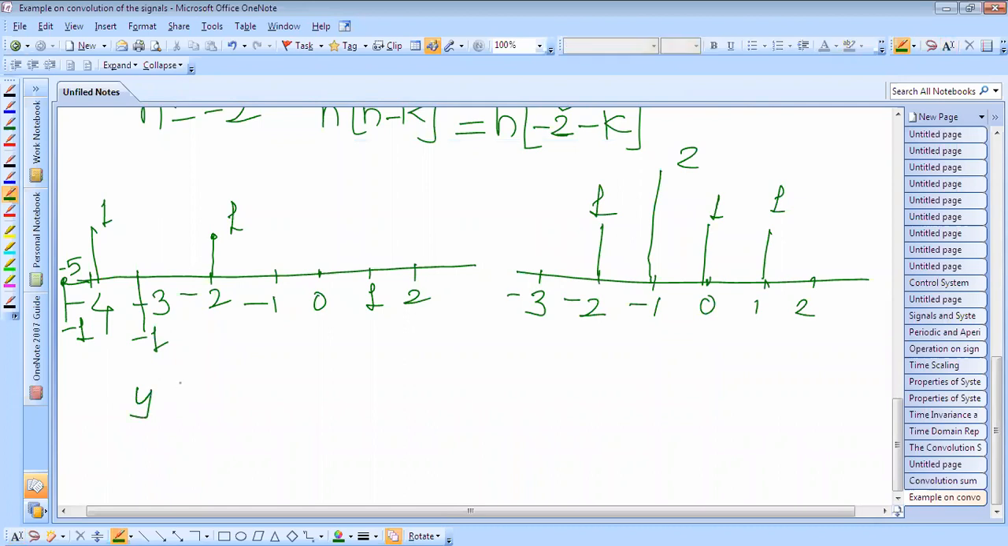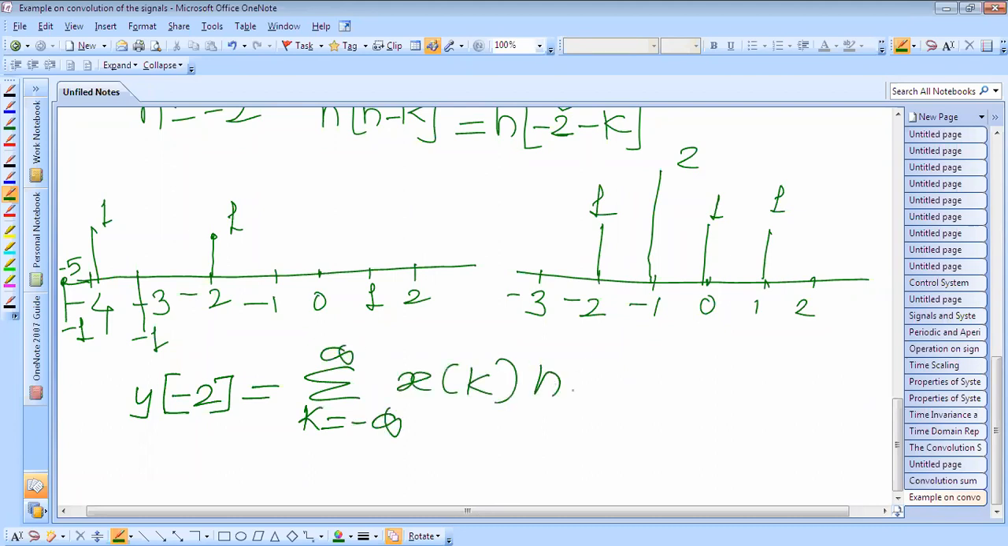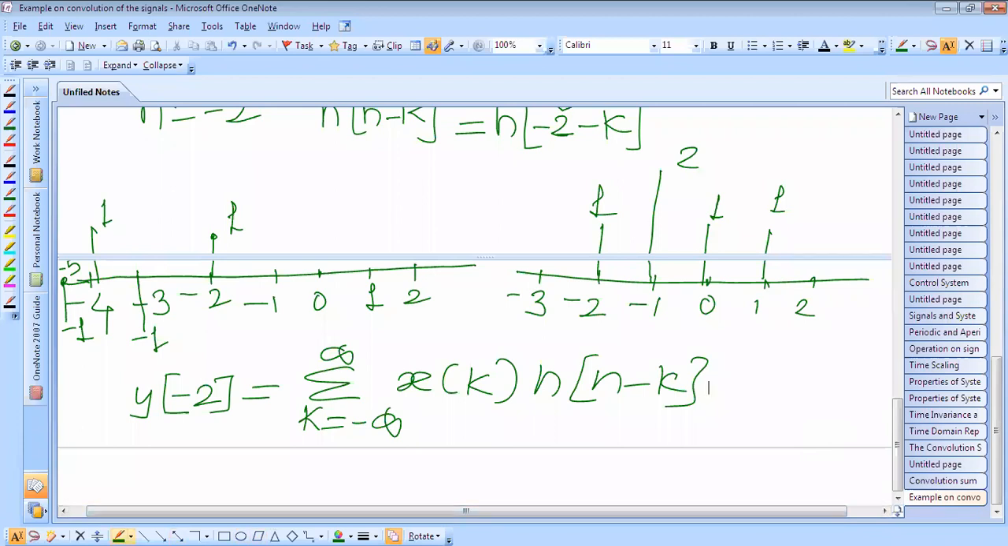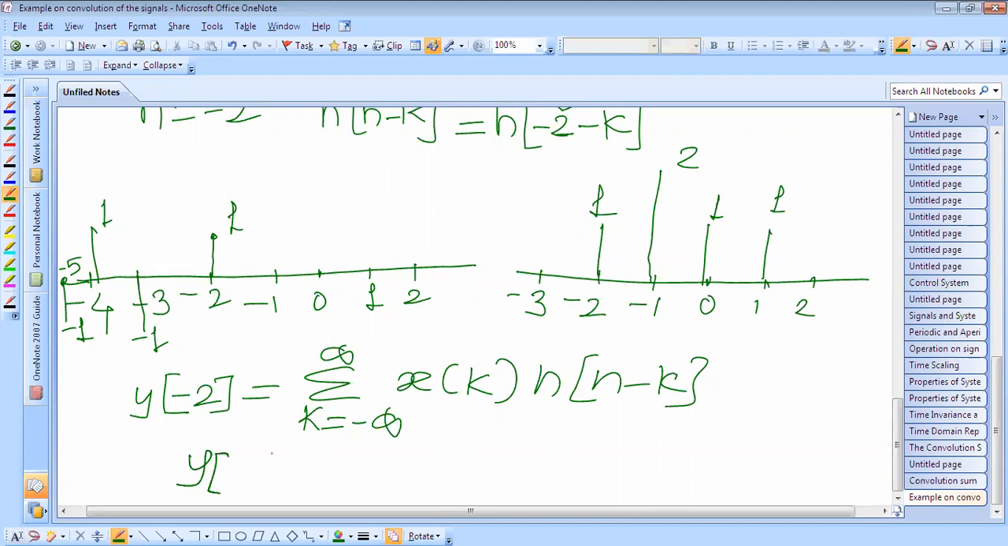y of n. So what is n? n is now -2. So this is equal to the summation of k equal to -infinity to infinity x of k into h of n minus k. This is the output equation, and therefore now we can write here y of -2 is equal to